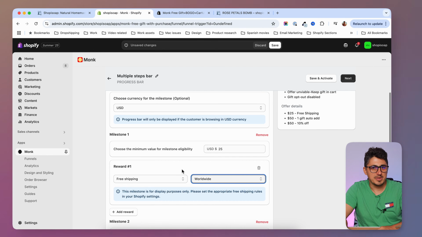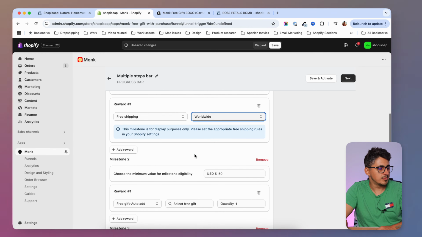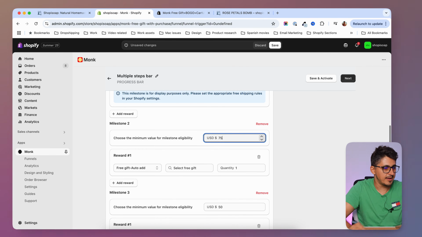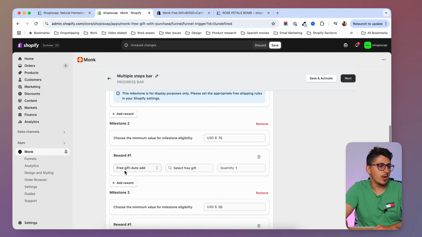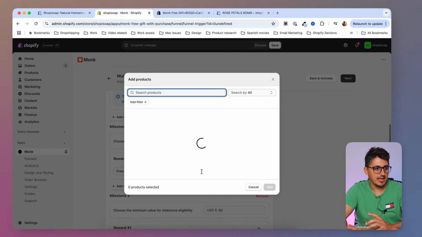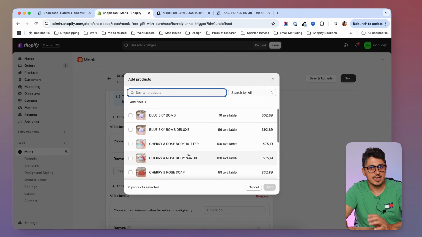And once you have the shipping milestone set up, you can go down below and add the second milestone, which is the free gift. I'm going to set the free gift at 75. And I'm going to say I want the free gift to be auto added to the cart whenever the customer gets to that milestone. And then I want to search for my free gift, and you're going to click on that and you're going to see the catalog that you have,